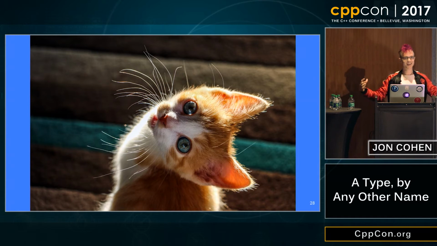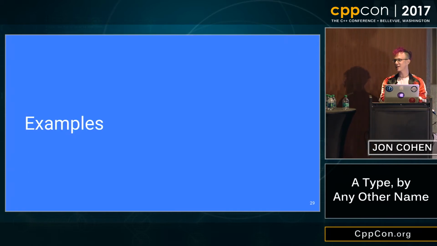All right, breathe out. We've got a nice cute kitten. We're done with ADL, so here we are. Meow. Now we have examples. I'm not kidding with you this time. We actually have some examples. This is what we're doing.